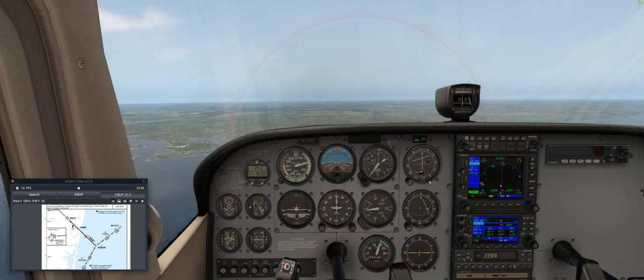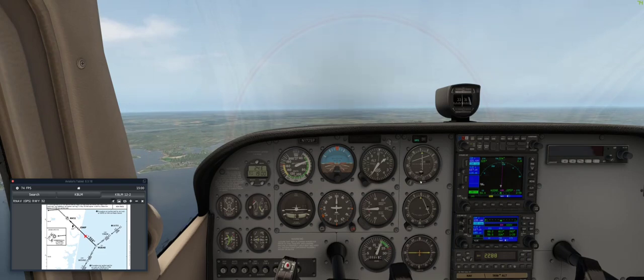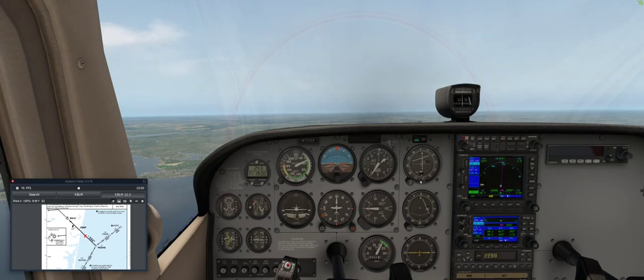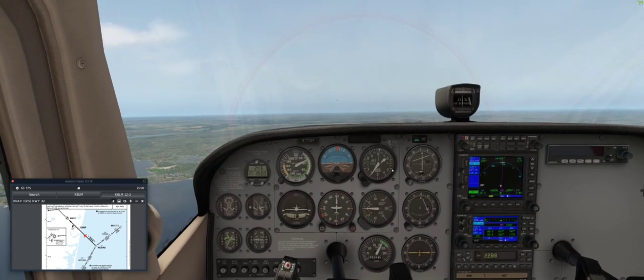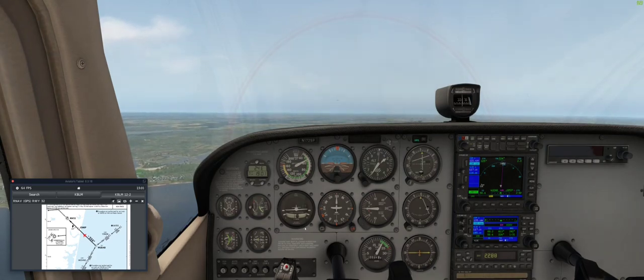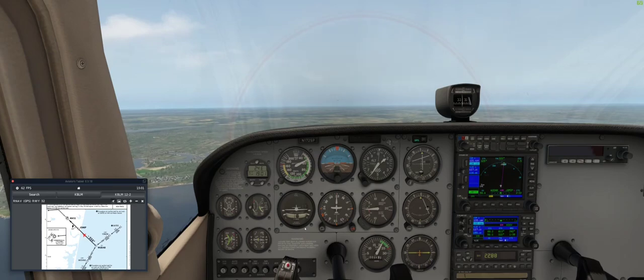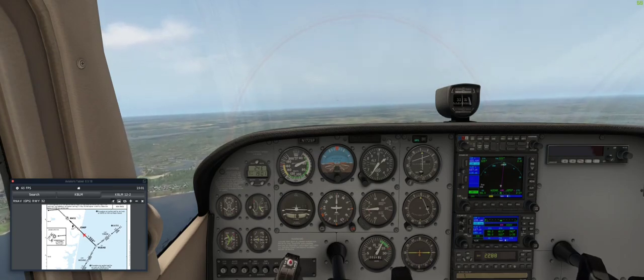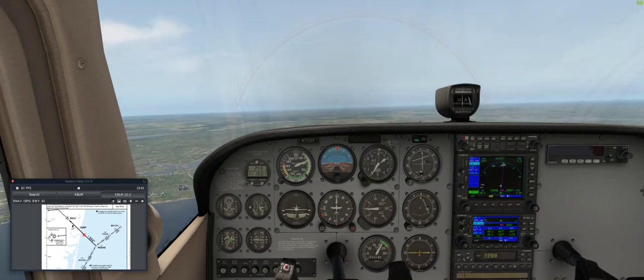Alright, at this point I'm actually going to take control. We should be at full rich for landing. Don't want our engine to stall out because of leanness. On approach, I'll take control. Stay at 1600. I'm gonna line up the localizer needle. In the meantime,